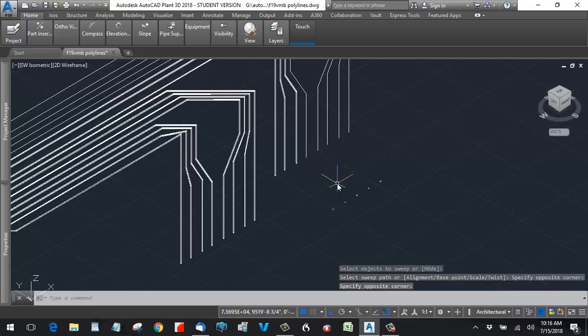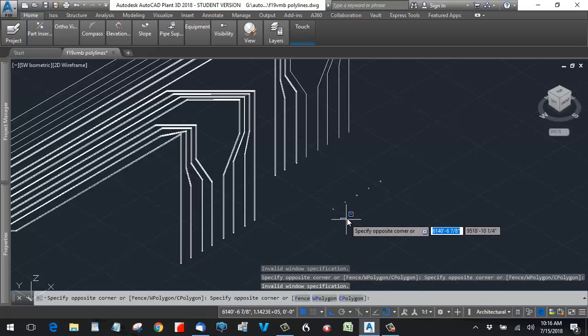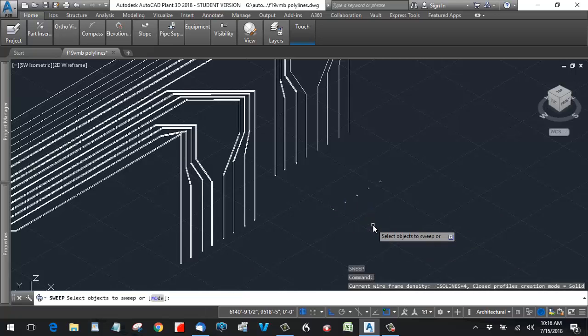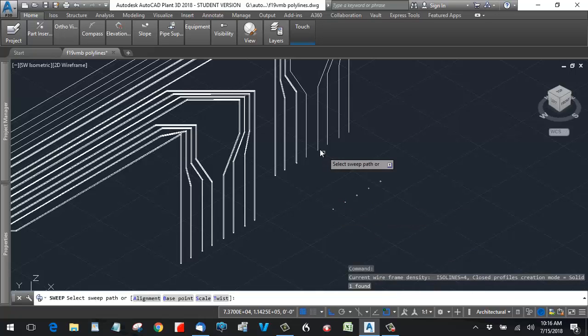I got a hanky mouse, I guess. And I went too fast. Sweep, select the object, enter,